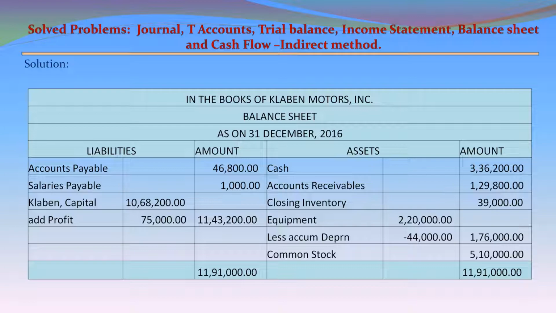On the credit side, when we have to record liabilities, accounts payable 46,800, salaries payable 1,000, Kleban's capital 1,068,200,